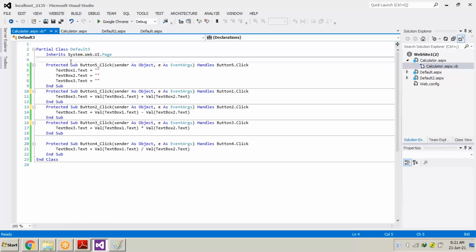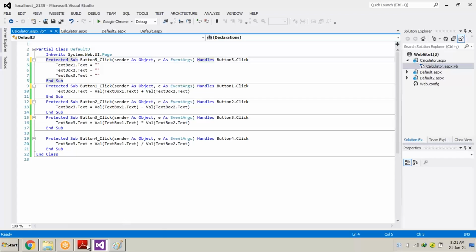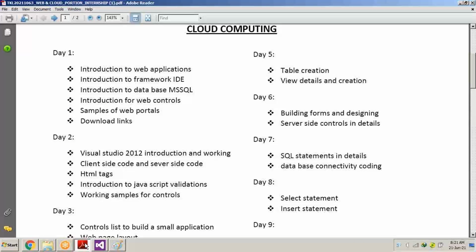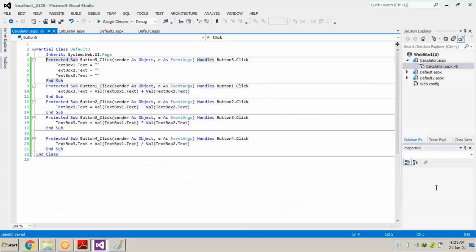So I believe the making of a calculator and writing some server-side controls is clear to you all. If not, then you can mail me your problem and I will sort out your doubts.